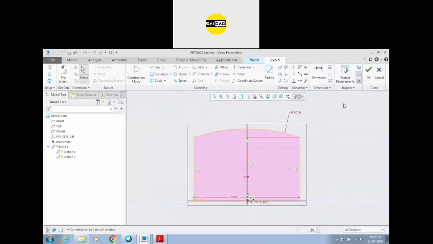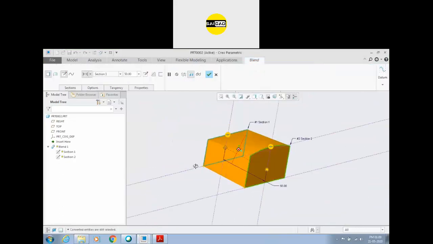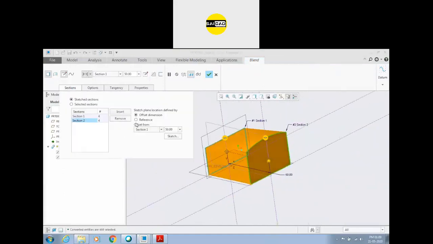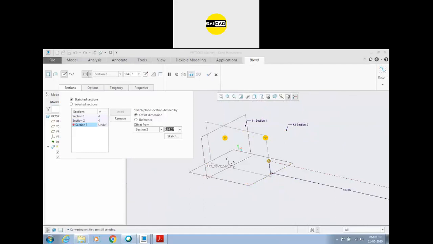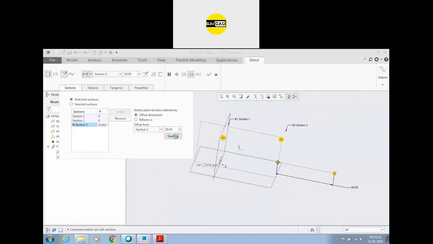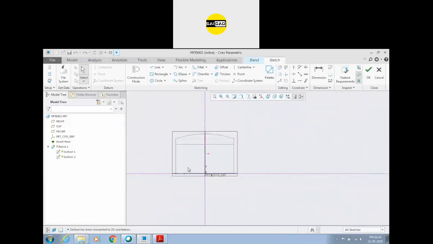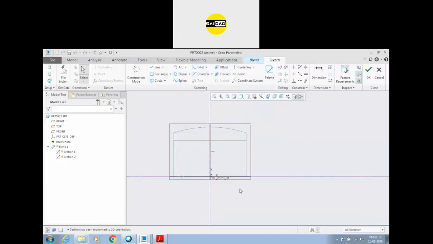So we have this shape. Okay, you can see that we have this shape now. Go to the section, insert a section that should be at 50 distance from the second one. Go to the sketch like that, and I need to just project the lines. We don't have to create the lines again.